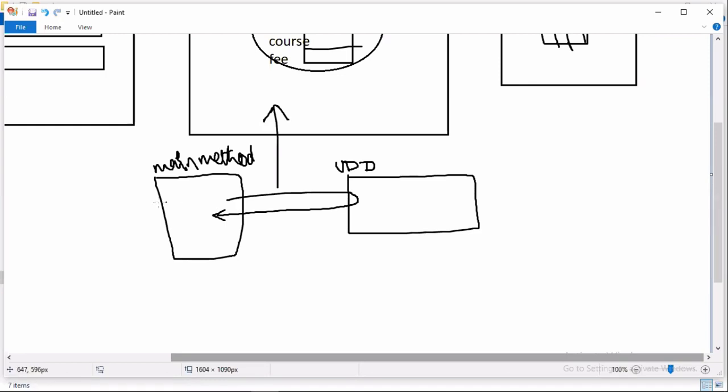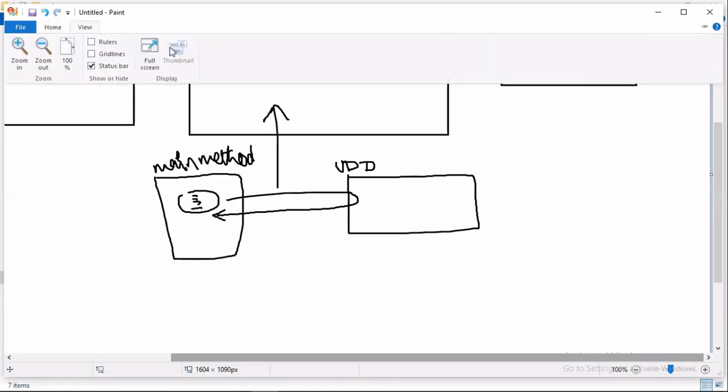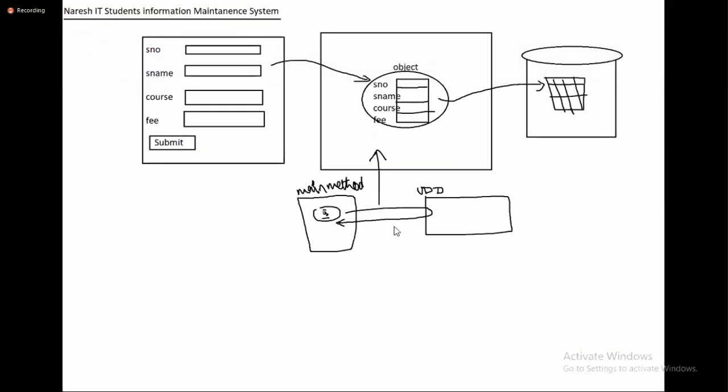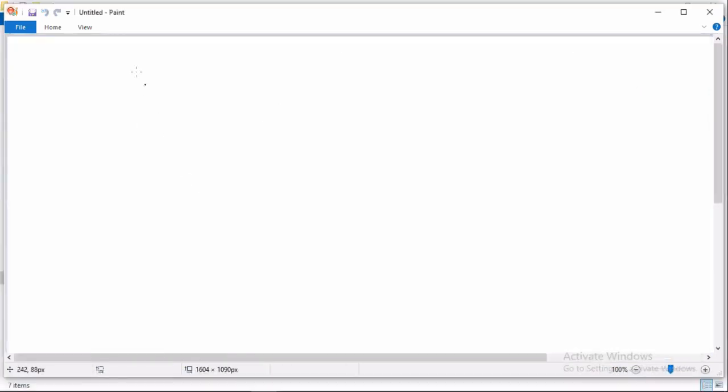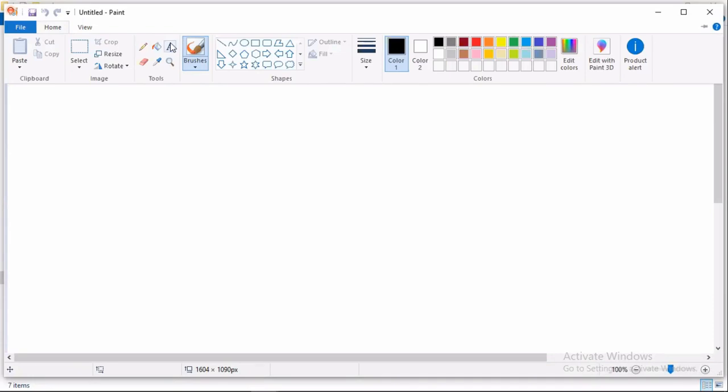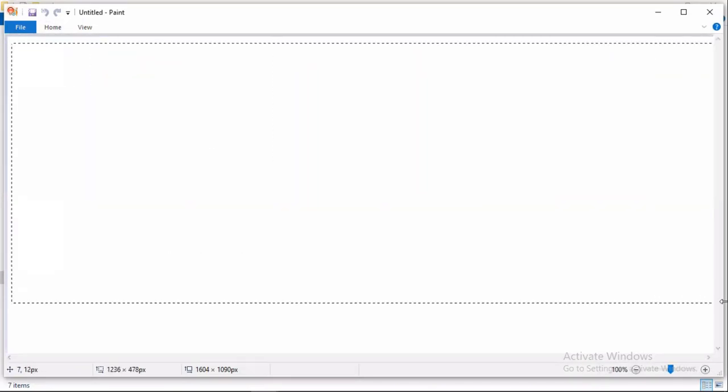Okay, and then your own hard coded values you store, no problem. So this is the application I want you to develop. Simple two programs. Later I will teach you how to convert this application into a project. As of now, we are developing a simple project. This project is part of the Naresh IT Students Information System project. Let me give the question and I expect you all to develop the code.